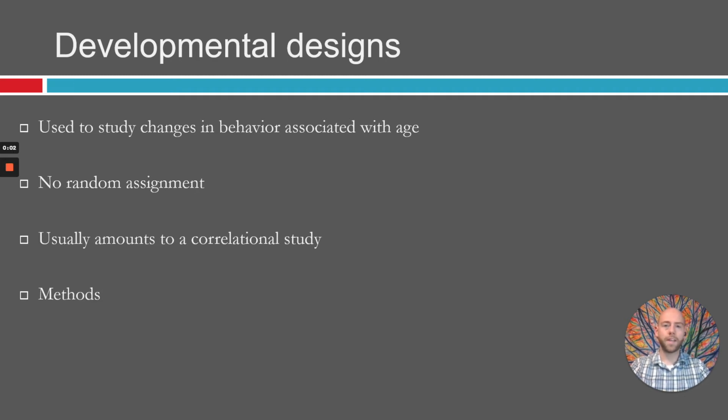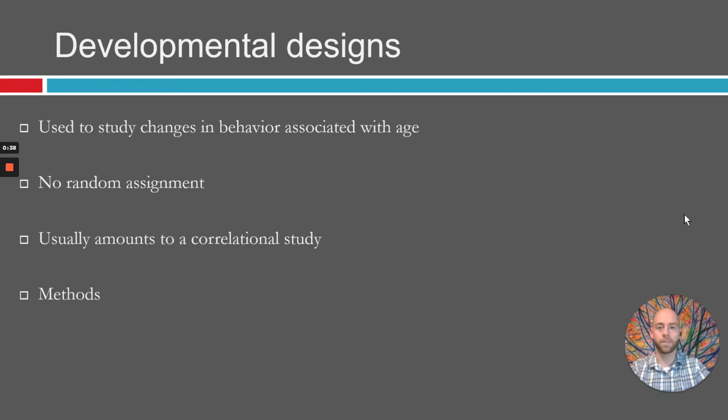All right, so the last non-experimental sort of design we're going to go into here is a developmental or longitudinal design. So these can be used for a number of different things because it's useful to track things over time for a lot of different research questions. For example, you might use these in political or sociological studies to see how attitudes and policy preferences change over time. But in psychology, frequently, the most common type of longitudinal design is going to be referred to as